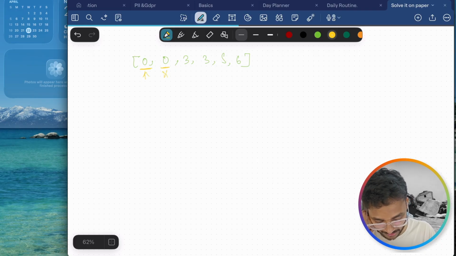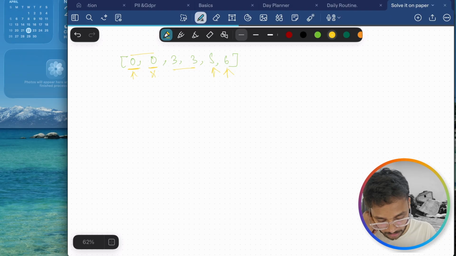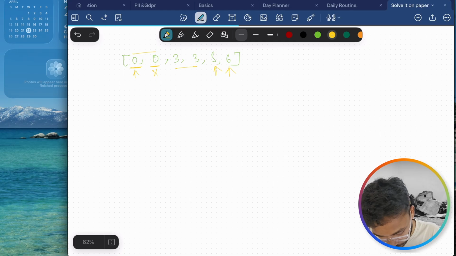Imagine these all people are sitting in a row and there is a condition, these all are twins. So these are twins and there is a condition that only one can sit here. So another one has to leave the row. So 0 will be saying no, I can't sit here. Then